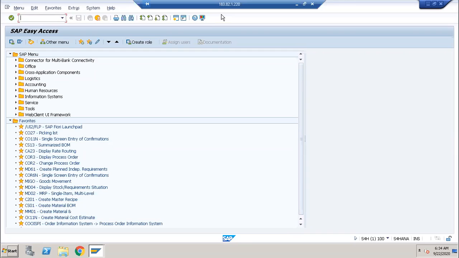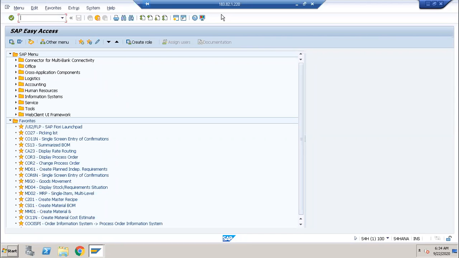In real time, sometimes we cannot fetch the data from the Excel sheet. They will maintain the data in the application server. We are maintaining some servers, right? Database server, application server, presentation server, like that. So they will maintain the data in the application server at runtime. Whenever I am executing the program, at that time I want to pick the data from the application server.